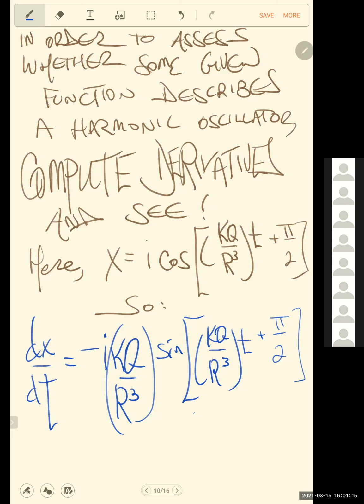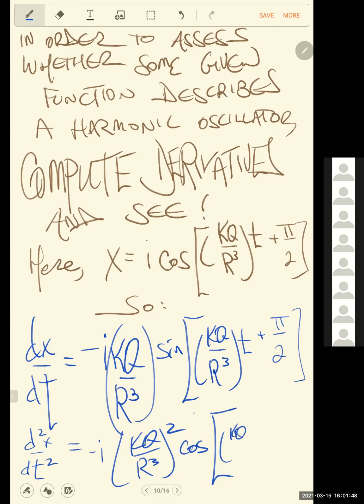But anyway, so that's one derivative. And now here's the other derivative. Now I've got to be super careful, or at least super aware, when I do this second derivative. Chain rule again, that KQ over R cubed thing is going to come out again, but it doesn't involve an I. The I is not getting squared here. The KQ is. So I still just have this negative I times KQ over R cubed squared and now cosine. So this is what we have so far. I'm just going to recopy that on the next page, but stop me if I'm wrong. I'm looking at the chat.